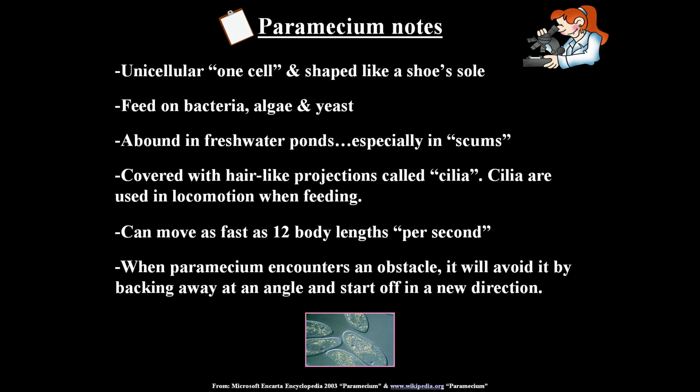It is unicellular, which is one cell, shaped like a shoe sole. They feed on bacteria, algae, and yeast. They abound in freshwater ponds, especially in scums. They are covered with hair-like projections, which are the cilia. That's what we're talking about, the cilia. Cilia are used in locomotion when feeding and can move as fast as 12 body lengths per second. When paramecium encounters an obstacle, it will avoid it by backing away at an angle and starting off in a